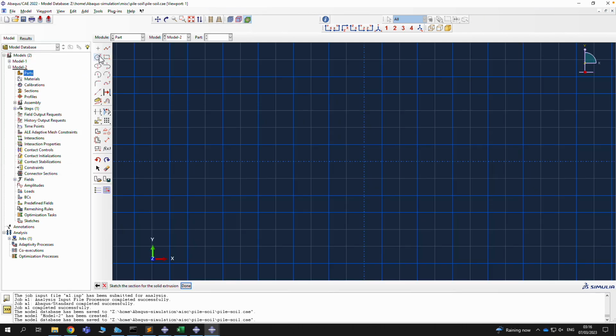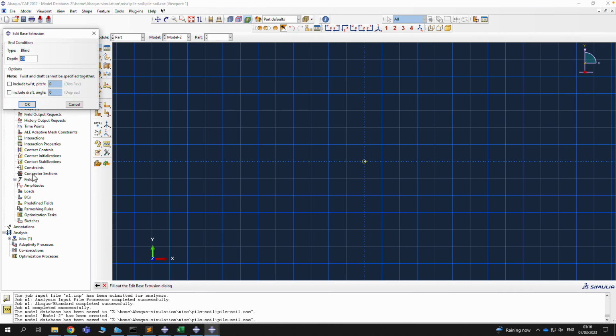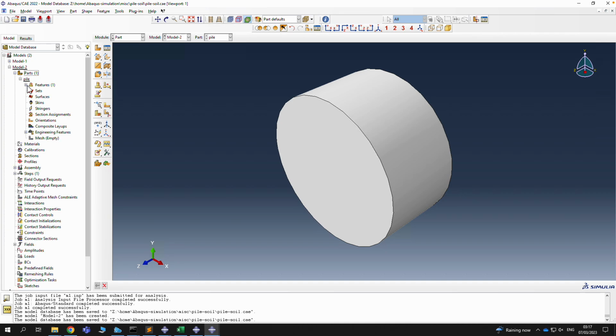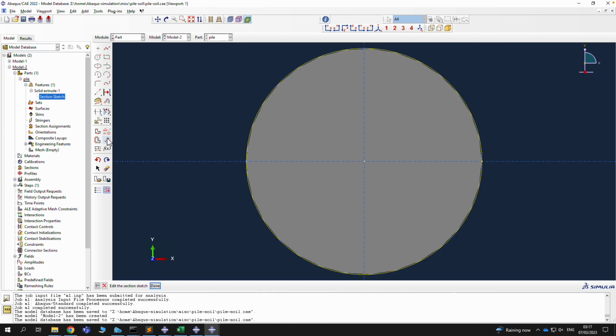We consider a pile of 0.5 meter radius and height or length of pile is 0.5 meter. I made some mistake. What is the radius? Radius, I thought I want it to be 0.1. Okay,